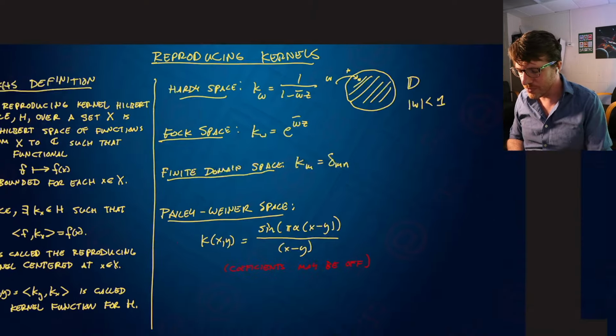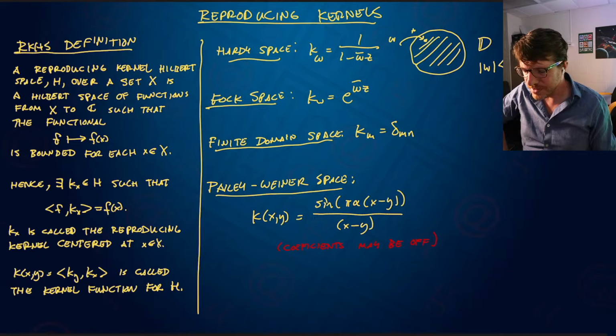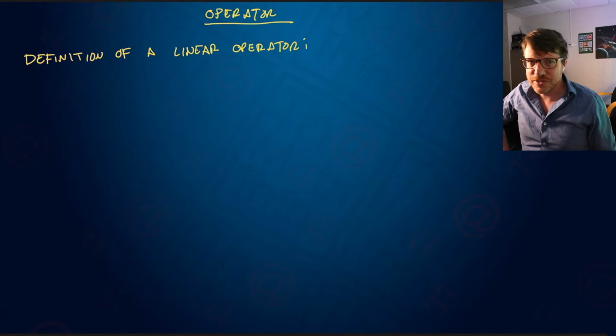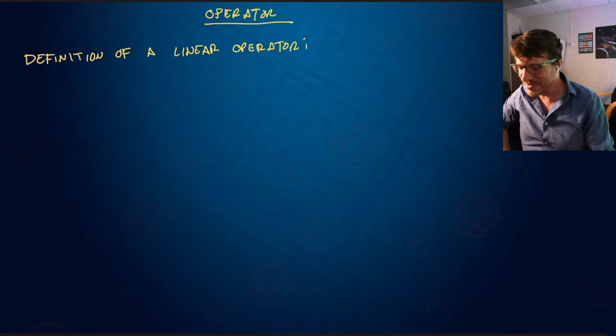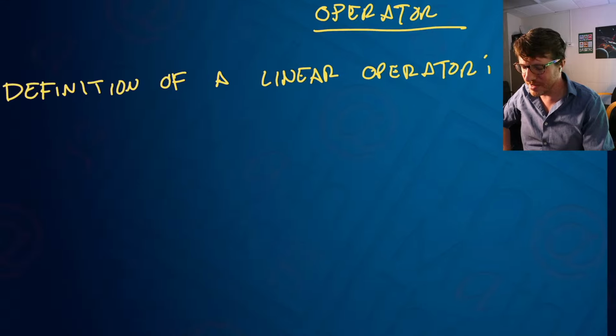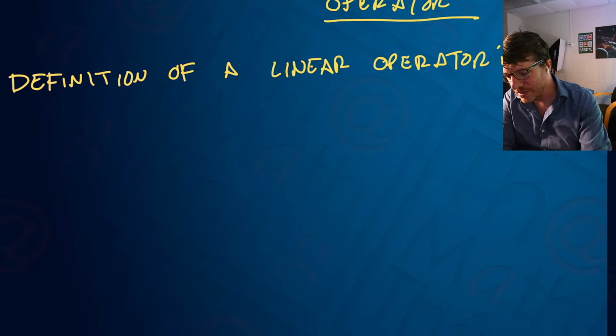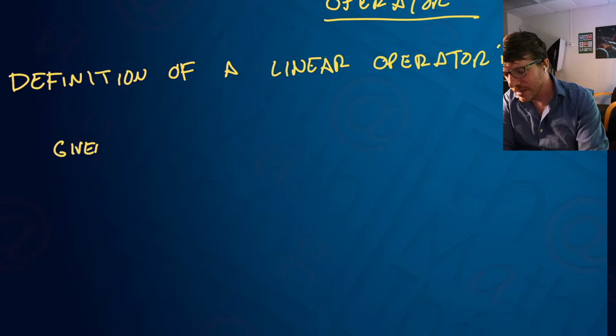So that is, basically, reproducing kernel Hilbert spaces. And let's talk about operators. All right, so here I'm actually going to start writing. I kind of ran out of time right before this. So what we have here is we're going to go over the definition of a linear operator. Given a Hilbert space